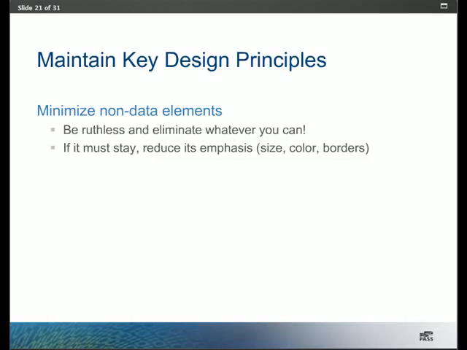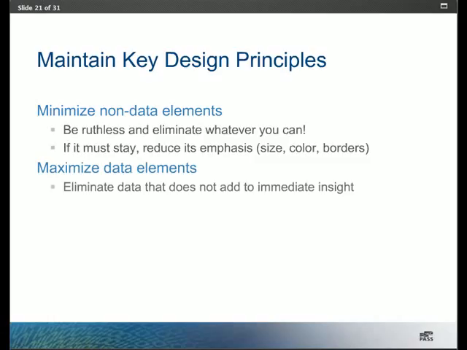The opposite of that would be, if it's data, maximize it. Draw attention to that. Yes, not all data needs to be there, so we have to be a bit ruthless with our data and eliminate anything that does not help us understand immediately what's going on. We want to draw attention to the most important items.